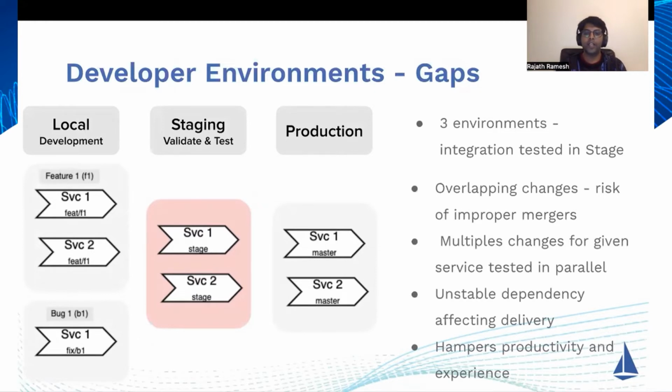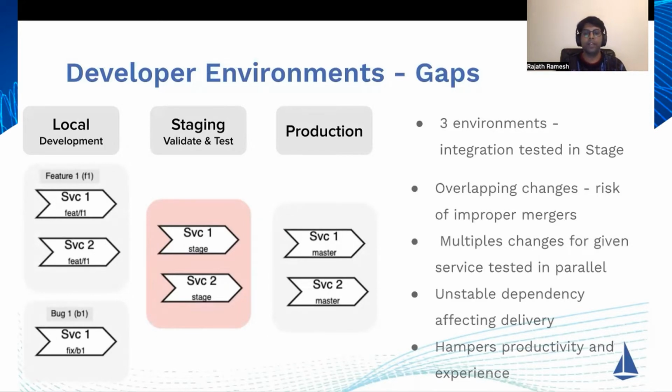The next is when multiple changes are being tested in a shared environment and something fails, we are not sure which change, the feature one change or the bug fix one change, affected the actual flow